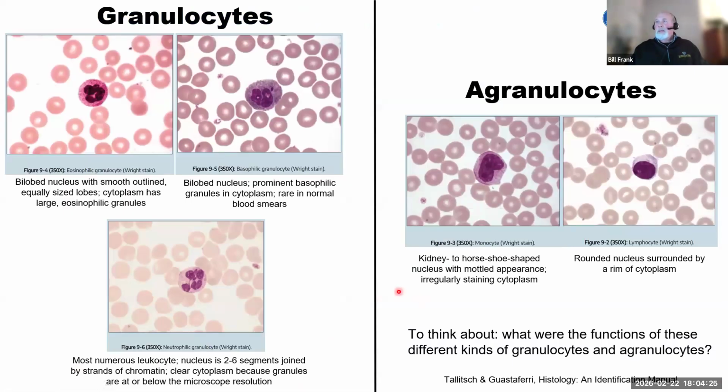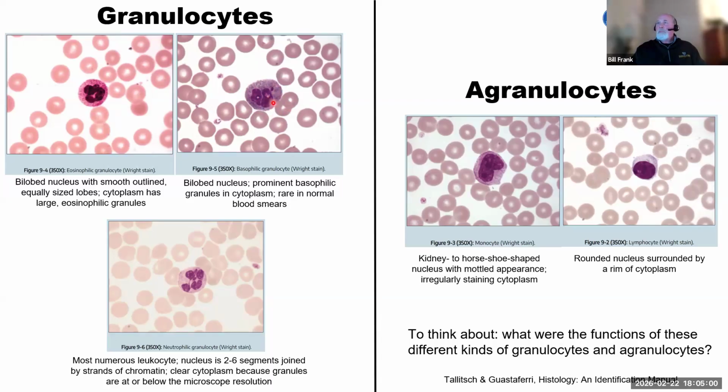Okay. And just to go over real quick the characteristics of the granulocytes. First, with the specific Wright staining, we're going to see bilobed nuclei, smooth outline with cytoplasm with large eosinophilic granules. So this is the eosinophils. Conversely, the basophils are going to have the basic staining granules, and they're going to have more prominent basophilic granules,